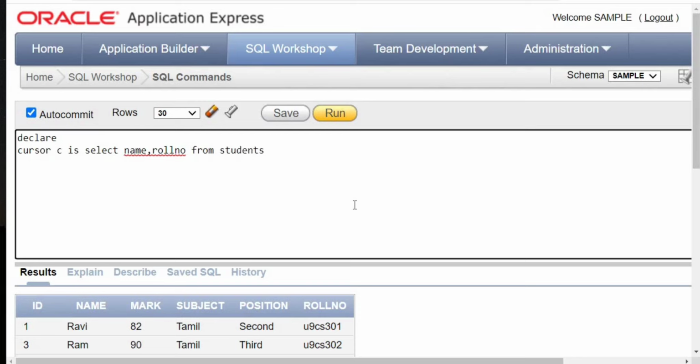So the cursor C is going to deal with the select query. The C will contain the row set, which is like name and roll number from the student table, and I'm going to begin it. So I'm going to open the cursor now. Open C;